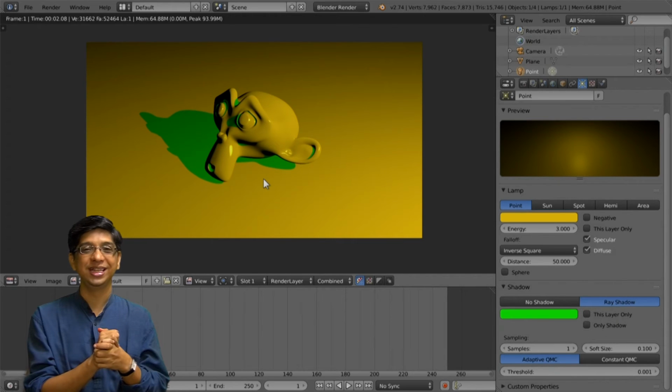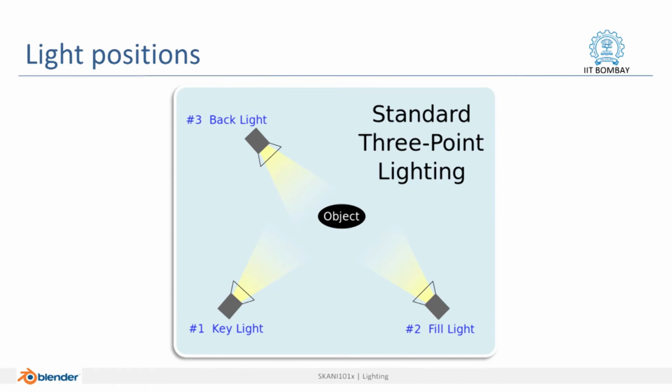So let us go back to the scene, and now we are almost done with the settings we are going to talk about or maybe require for the basic lighting purpose. What we are now going to see is setting up a 3-point light system so that we lit up the object really nicely. With the parameters which we have just discussed, I think it is quite possible for you to set up your own lighting systems, and that is what we want you to do.